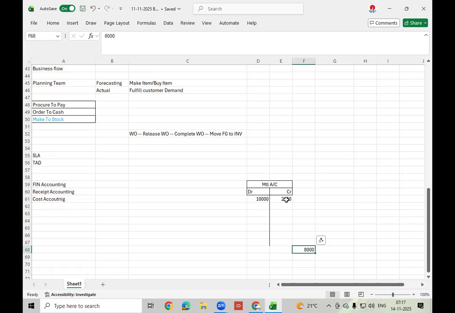Same, debit value minus credit value. So here, what I'm trying to say, for one transaction, two accounts will impact every time.